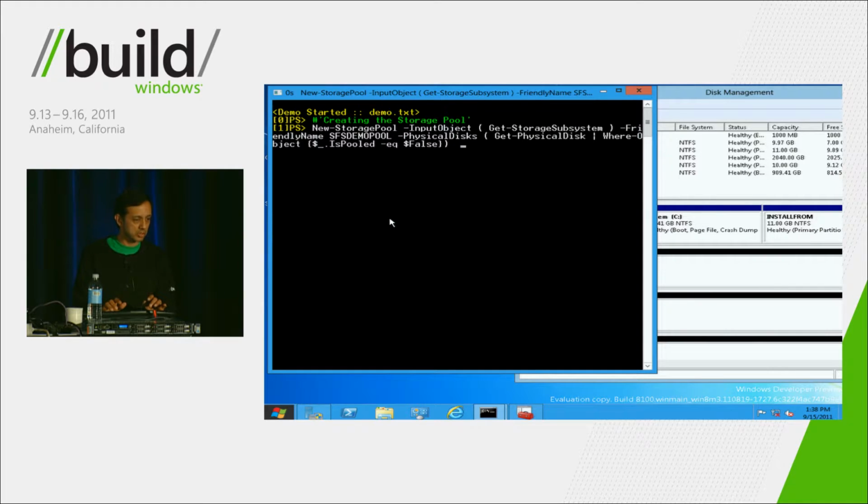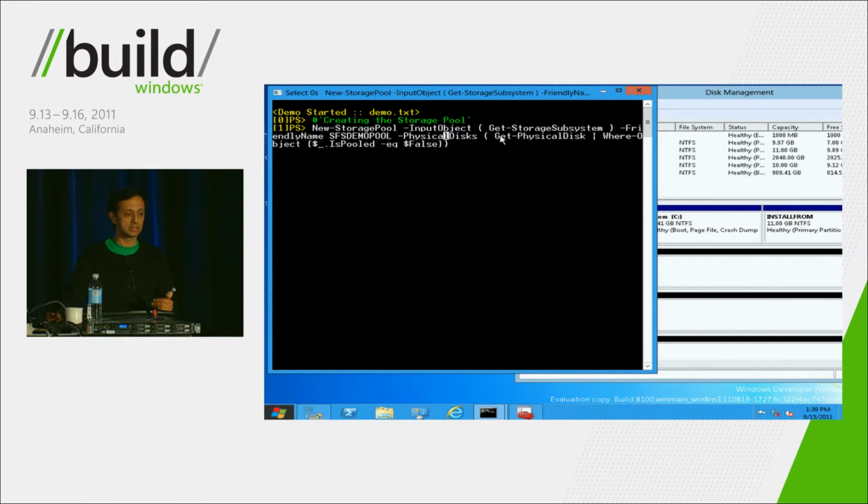I'm going to show you those scripts. The first one here is a new command which we've added in PowerShell, which is to create a new storage pool. One of the inputs to the storage pool is the subsystem, which is the storage spaces subsystem. Since on this machine the only subsystem installed is the storage spaces subsystem, we didn't have to filter; we could just issue that Get-StorageSubSystem command. If there were other subsystems attached on this machine, you would have to filter and specify exactly which subsystem you wanted. We give a friendly name of demo pool,